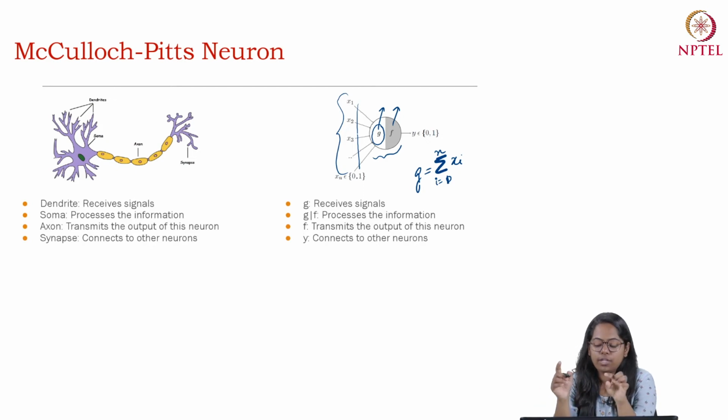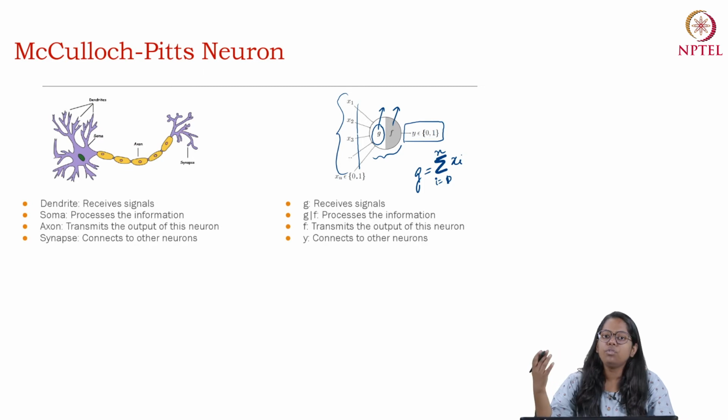and f is then the decision making aspect of this whole processing unit. And then finally this decision is passed on to the further neurons, or the decision is considered the final output. So if we are to compare this